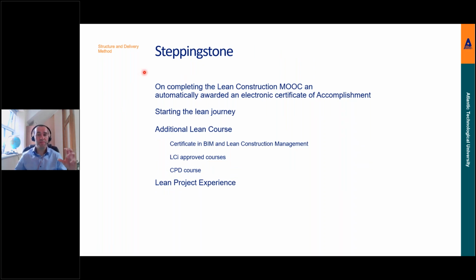And then, as I noted, a stepping stone. So the lean construction MOOC is a first step on the ladder. It's a stepping stone. So we will have, I suppose, a CPD award, a certificate issued after completion of the course. It's starting the lean journey, as we say, but it's hopefully a free, accessible course that we can get a whole range of different people involved in lean construction, up to a